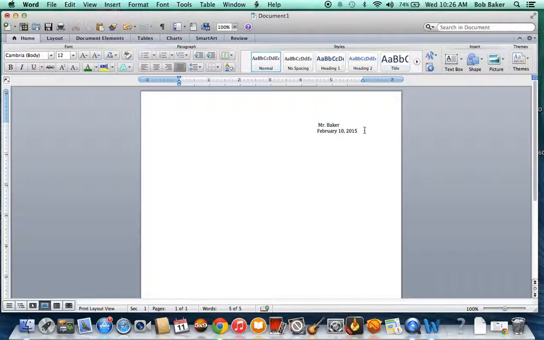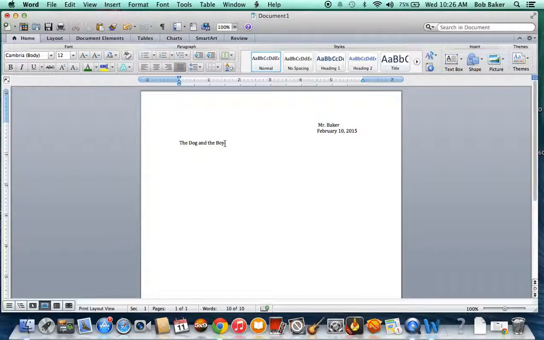Then I'm going to put my cursor next to the end of the date and hit return. That'll take me down to the next line. But I don't want to write on the next line, so I'll hit return again. Now I need to put my title. Now the title is The Dog and the Boy, and even though I spelled everything correctly and all of that,